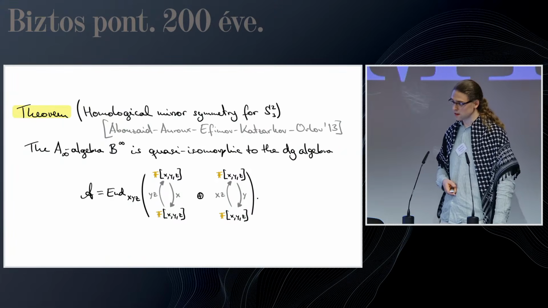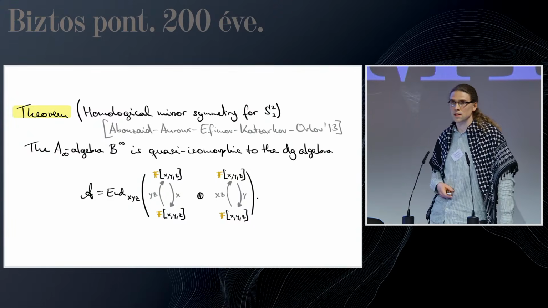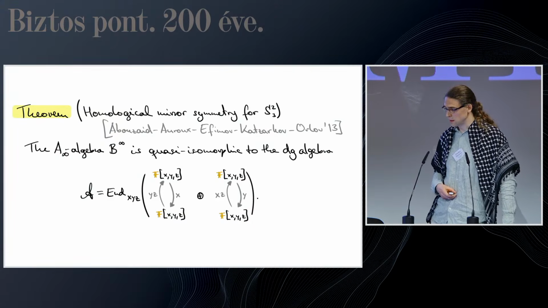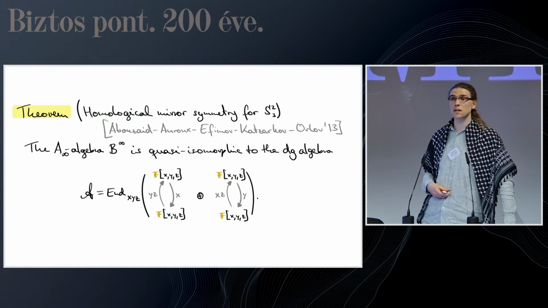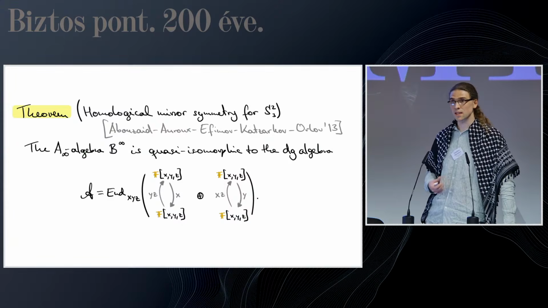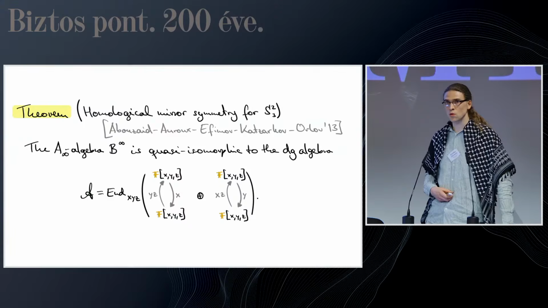So here's a theorem of Abouzaid, Auroux, Efimov, Katzarkov, and Orlov, which has this fancy name, homological mirror symmetry for the three-punctured sphere. It says that there is a quasi-isomorphism between the Bar-Natan algebra equipped with this A-infinity structure to